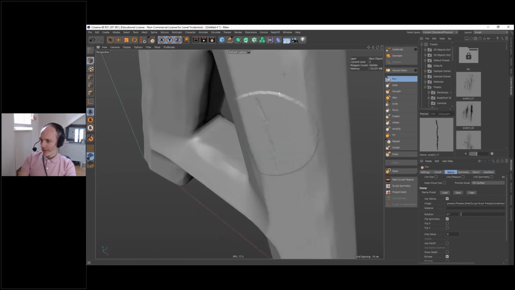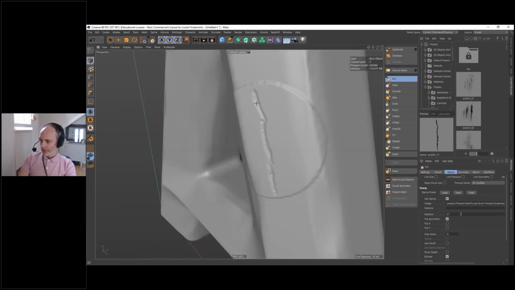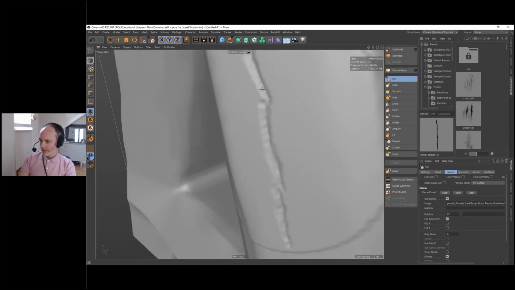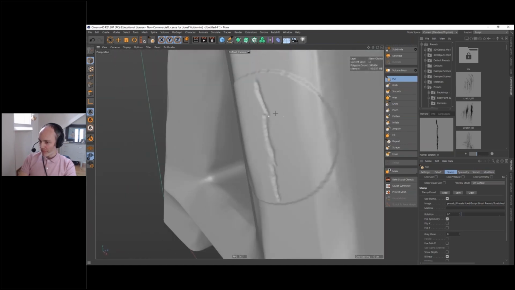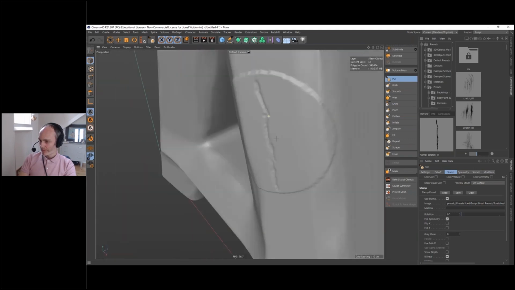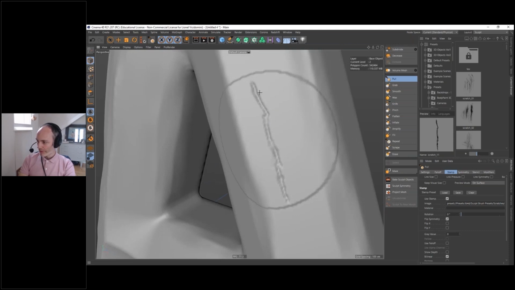As you can see, we have that outline, which is very weird. And you can see here, it's aliased. It's not smooth because we don't have enough polygons to work with. When you have that kind of problem, you can't really solve that unless you increase the polygon count.